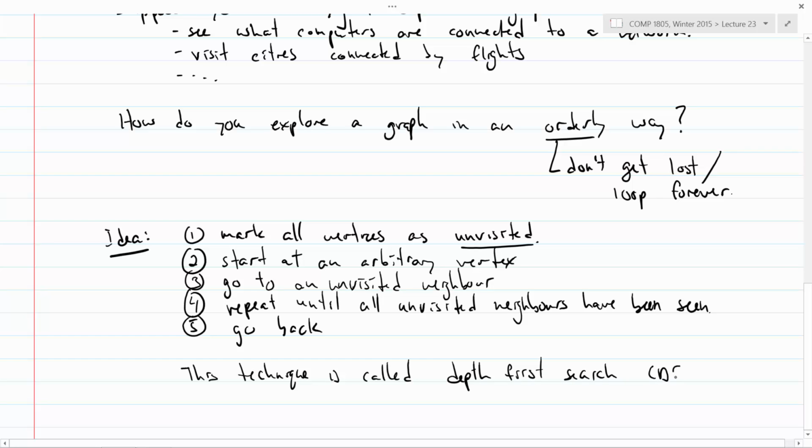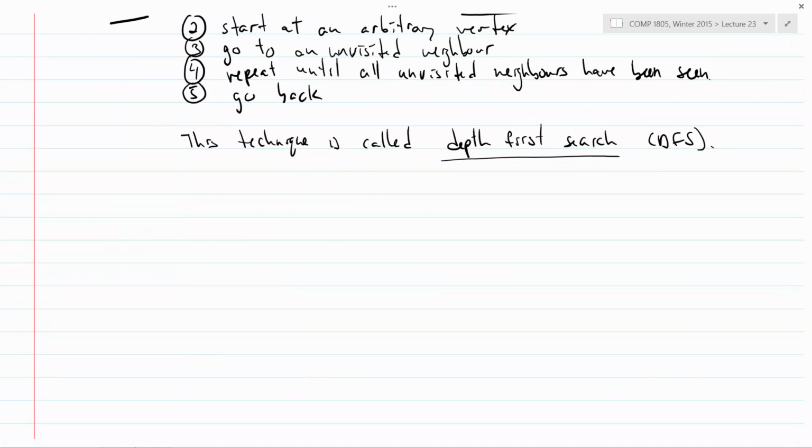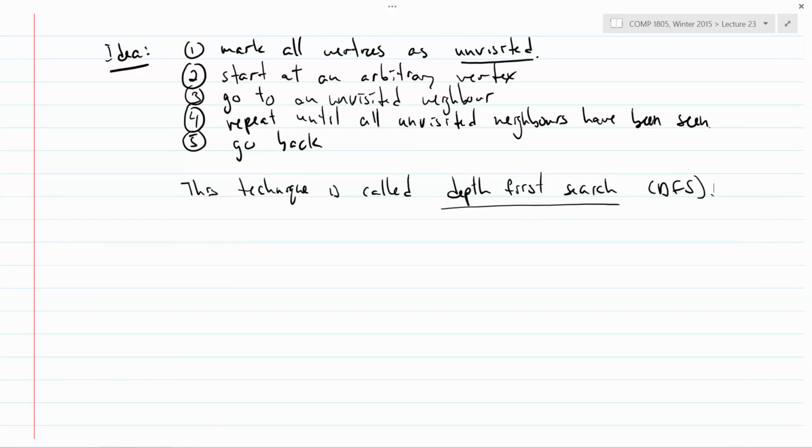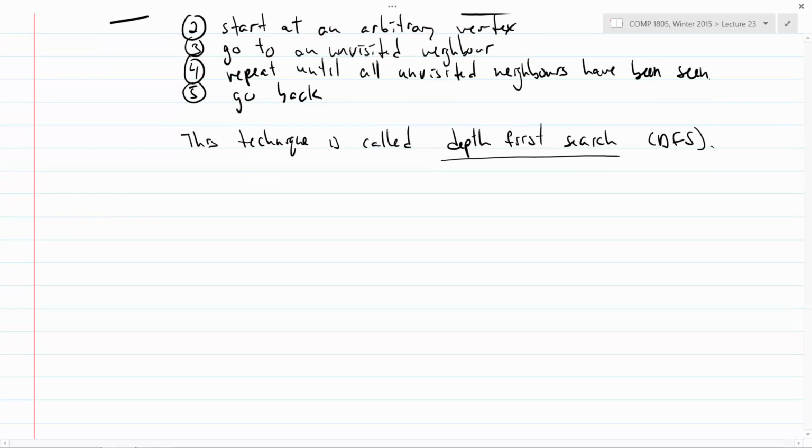And we'll almost always just say DFS. This comes up a lot in algorithms classes. Anytime you're dealing with a graph, you should think to yourself, can I solve this problem by doing a depth-first search? And you'd be surprised at how often the answer is yes. So I'm going to make a graph, and I'm going to show you how a depth-first search runs on it. So this is kind of a bigger graph, so you can actually see what's going on.